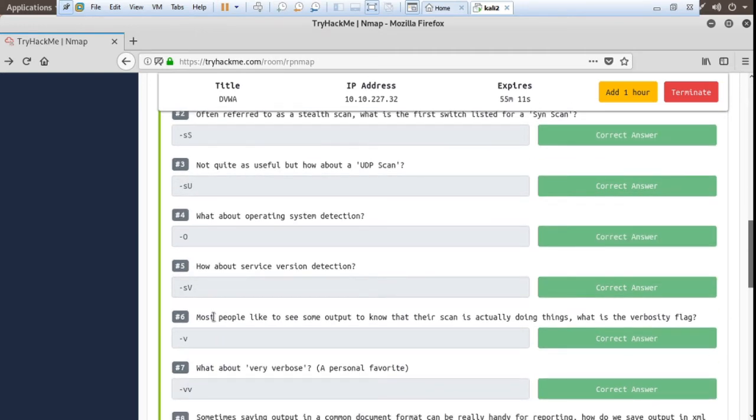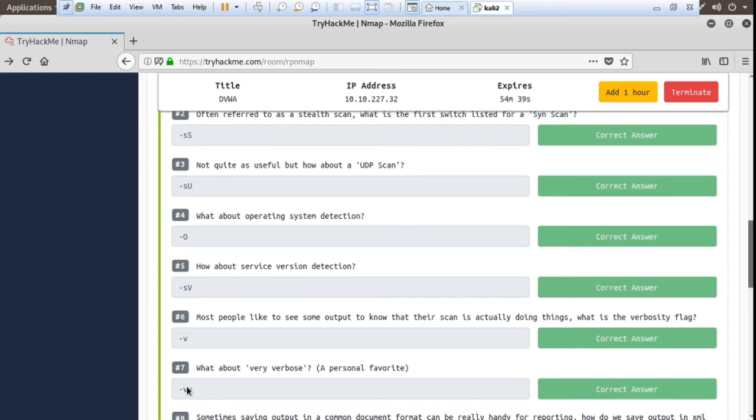Next question. Most people like to see some output to know that their scan is actually doing something. What is the verbosity flag? So it's -v. What about very verbose?